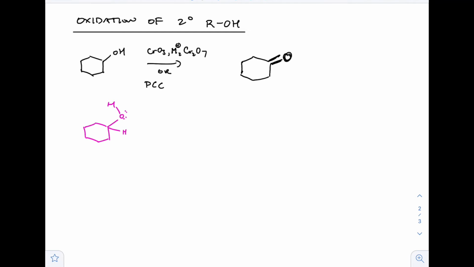Okay, and here's a general mechanism. I'm going to use CrO3 to explain this, but the general mechanism applies to all of them. Okay, so we have the oxygen, which is a Lewis base, and the chromium, it's a metal, right? So metals are generally going to be Lewis acids, so they want to be attacked by Lewis bases, and that's what the lone pair on the oxygen does. It attacks the chromium. That kicks out the pi electron to the oxygen, and so what you end up with